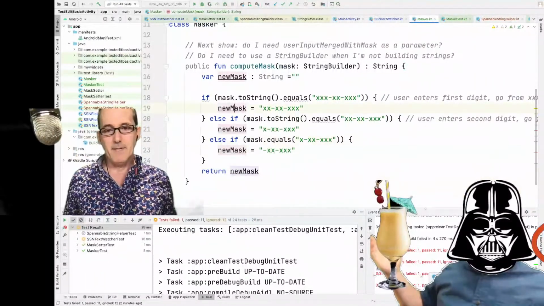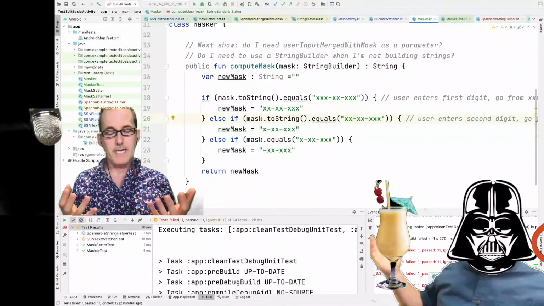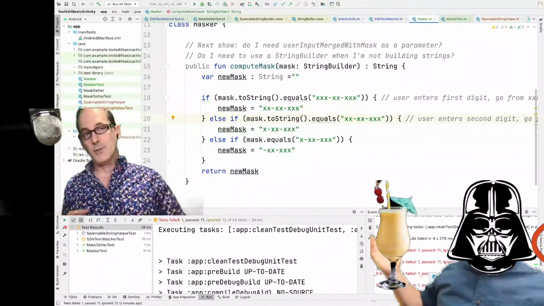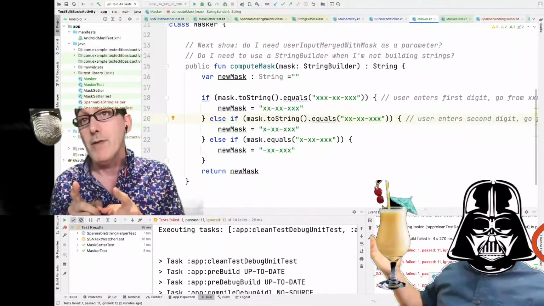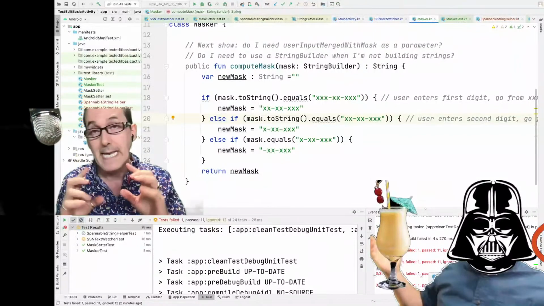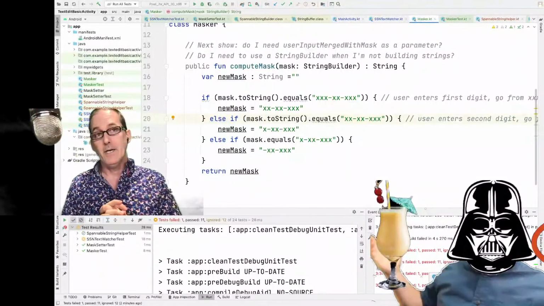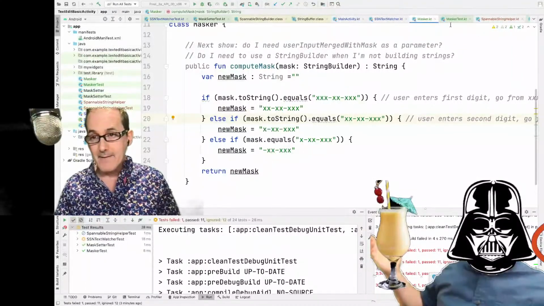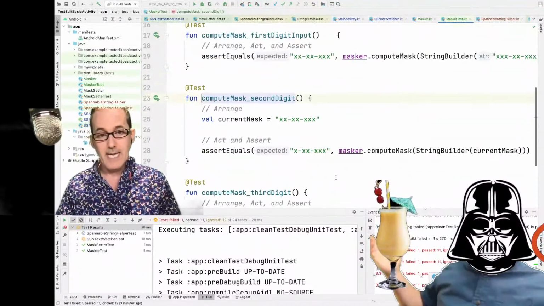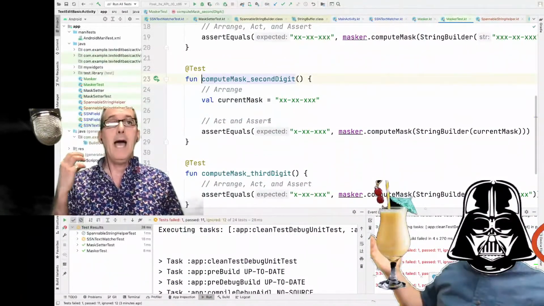Okay, so we test drove this. You can see it's got if elses and it's not 100% complete. We could keep test driving it. We'll have it 100% complete and working. But before we do that, folks, we need to integrate it into the code and make it work. All right? So we could keep hammering on this baby, and we will have lots of nice unit tests that drive this functionality. However,